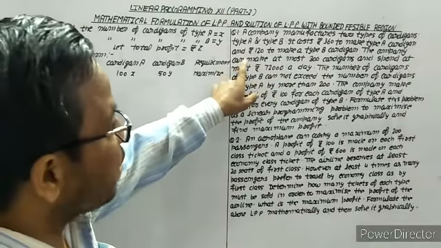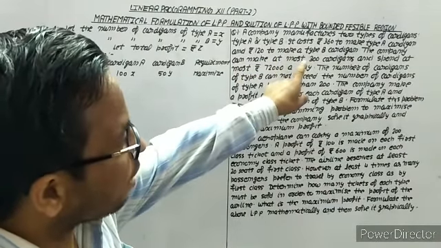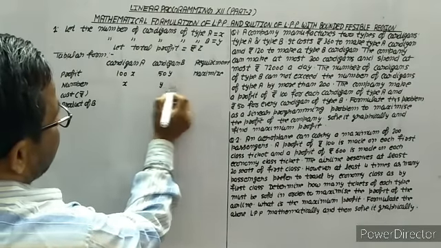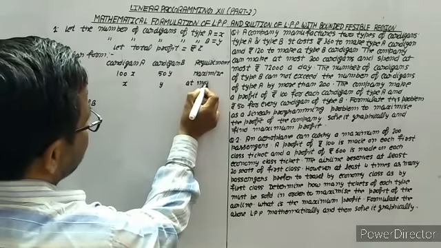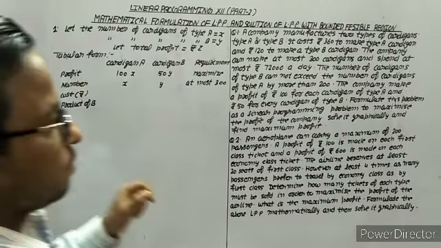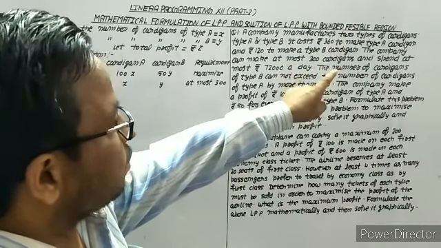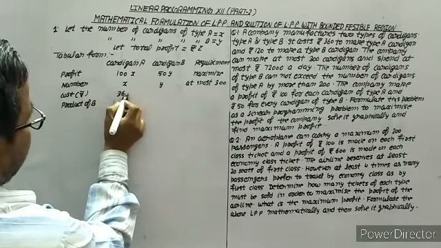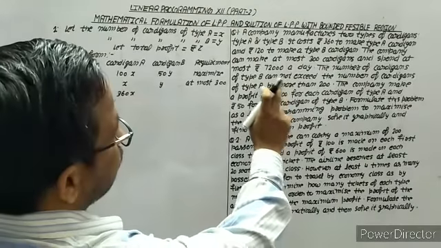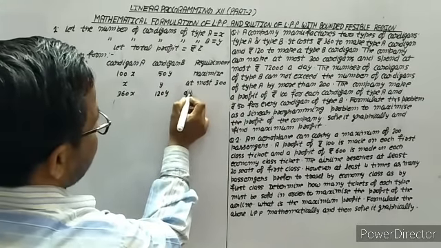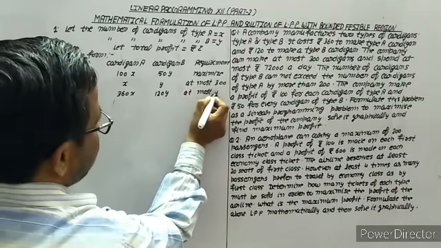Now they are saying the company can make at most 300 cardigans. It means the number of cardigans of A, x, and of B, y, must be at most 300. And they are saying it costs rupees 360 to make a cardigan of type A. It means the cost becomes 360x, and for B it costs rupees 120, so this becomes 120y, and the spending is at most rupees